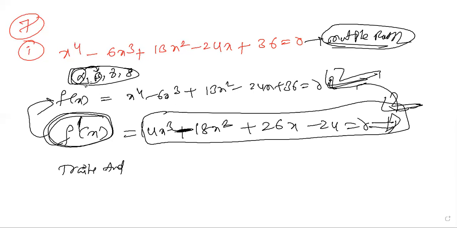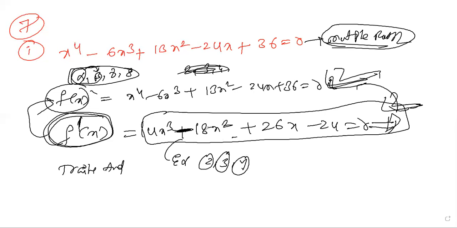Multiple roots. Let us say f of x has roots like 2, 3, 4. For example, I'll come to this example. This is a third order equation, and I'm taking this example, having roots 2, 3, 4. If it is f of x, you'll get one more root. That root could be one more 2, or one more 3, or one more 4. We cannot expect which; some root is common. That is why I don't want to do f of x. I'll take f dash of x. That is the multiple roots condition. After solving, you'll get a clear understanding.